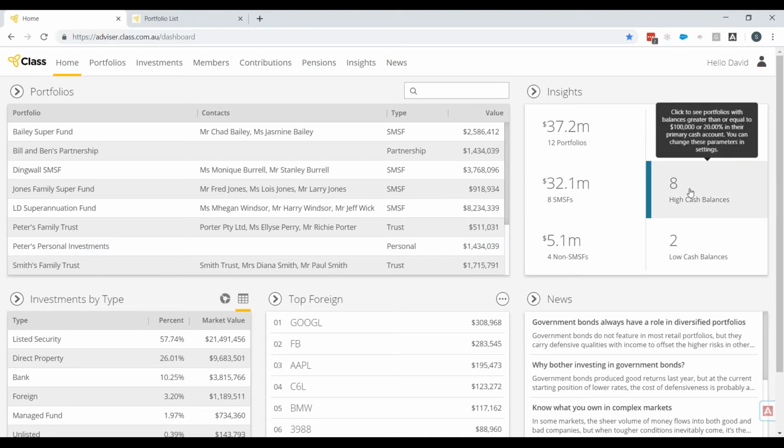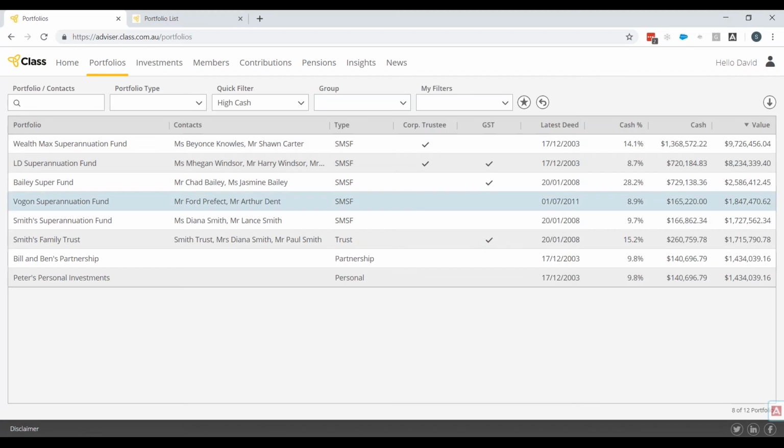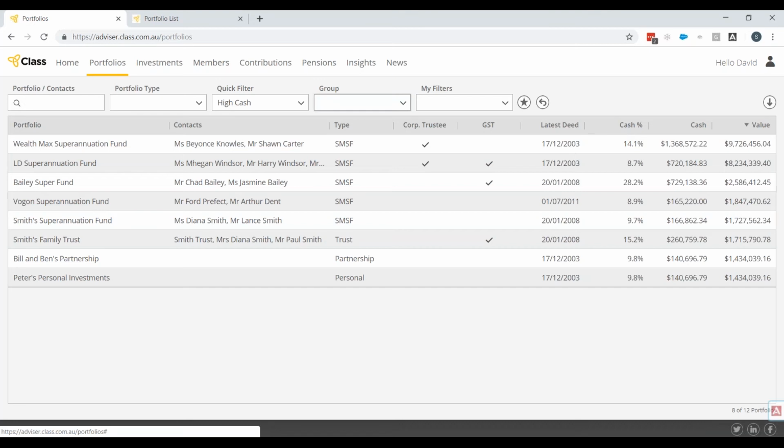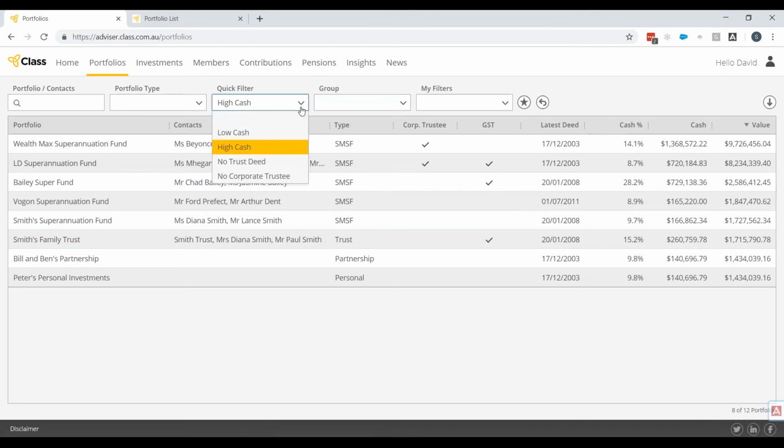So again, if we drill down into here, this will take us to the portfolio tab, which is the second tab across the top here. Now, this is specifically showing us those portfolios, so SMSF and non-SMSFs, that have a cash balance that is meeting our definition of high. Now, you'll notice here this quick filter is not just showing us the high and low cash. We also have important information here about things like your latest trust deeds, whether they have a trust deed. Also information about whether there is a corporate or individual trustees. So if we revert this back to